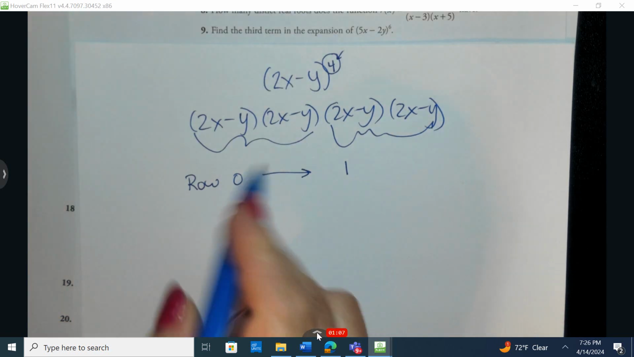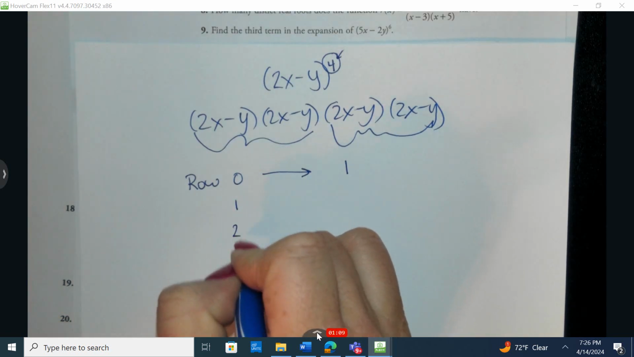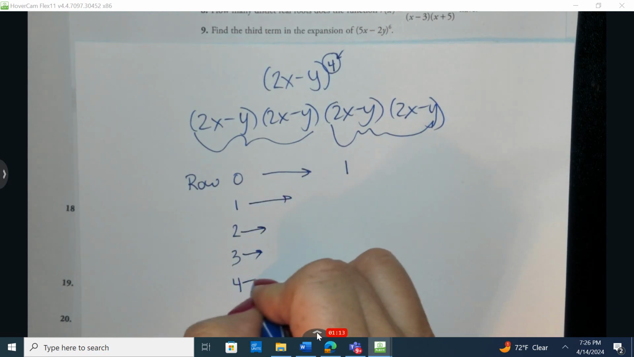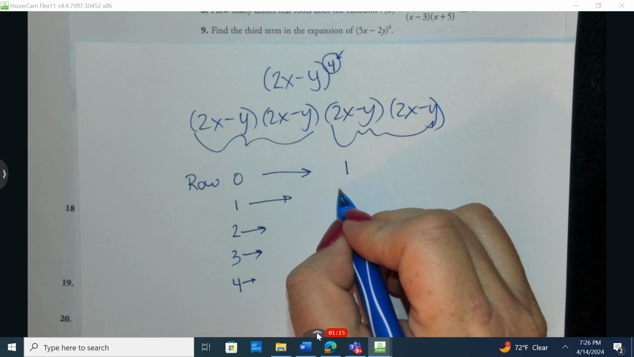So we start with row 0. We're going to go 1, 2, 3, and 4. Okay, and it always works this way. I drop a